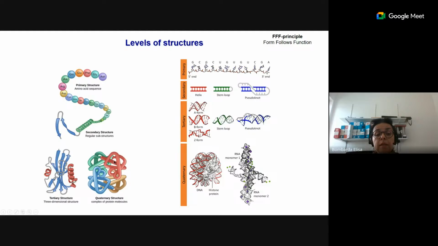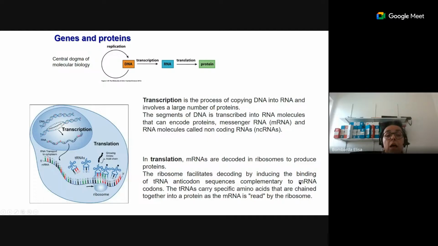So you have it in protein, and you can also have it in nucleic acid. And you can also have, which is also relevant in our research, a hybrid quaternary structure. That means that you have protein and nucleic acid in complex together. Okay, and so to conclude, I was saying that these biopolymers are related, and so is the central dogma of